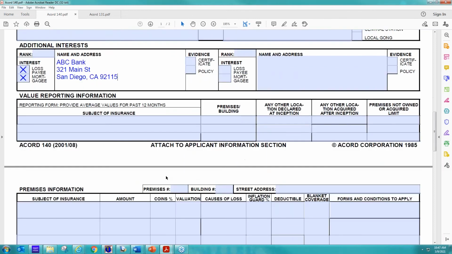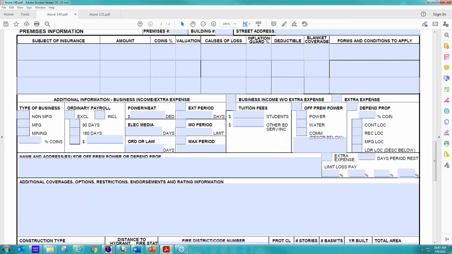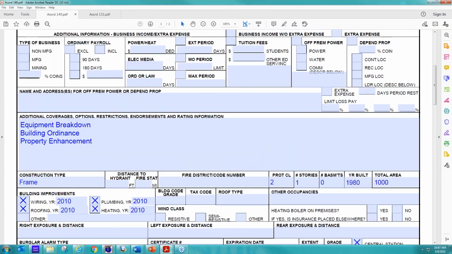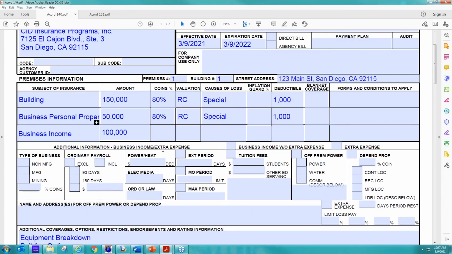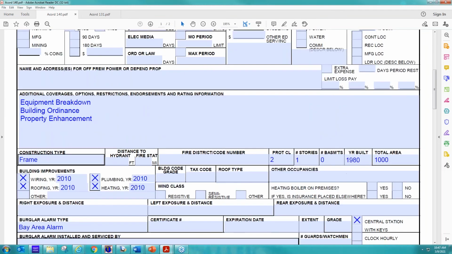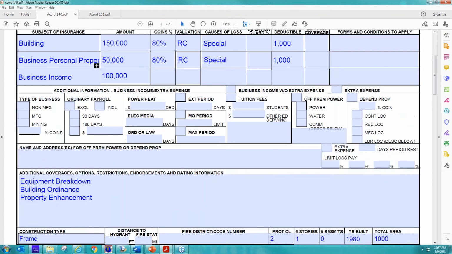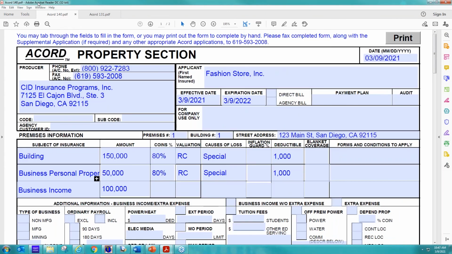And again, if we scroll to the second page, it's just repeating the information all over again. So if they had multiple buildings, you would just be putting in what coverages you're looking for on that building, and the same basic information. If they've had updates, what year it was built, the construction type, the square footage. So you would be repeating that information. So I'm going to pop over to the Accord 131,